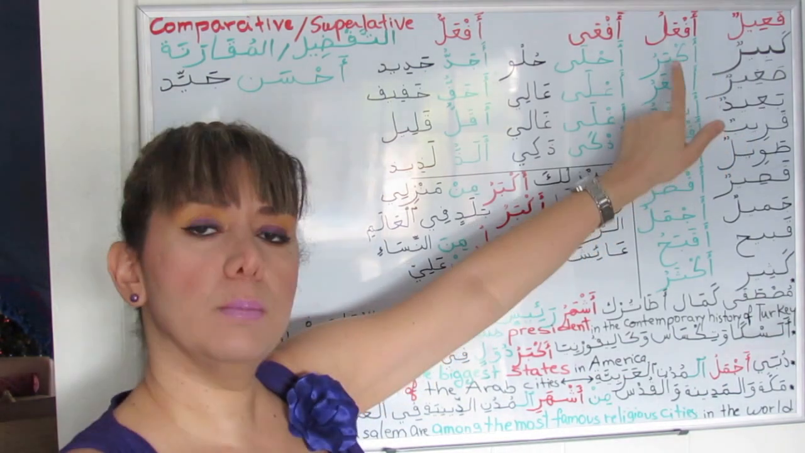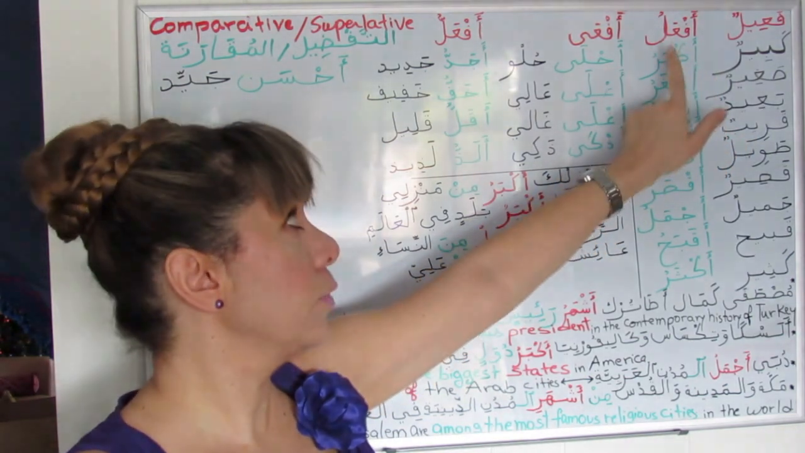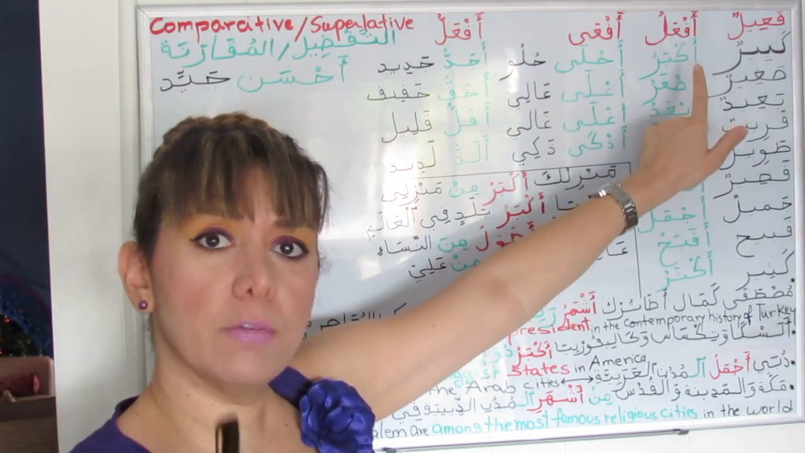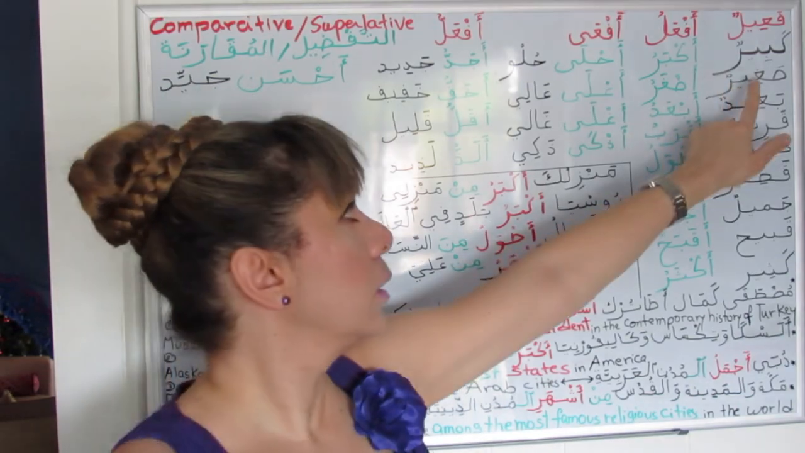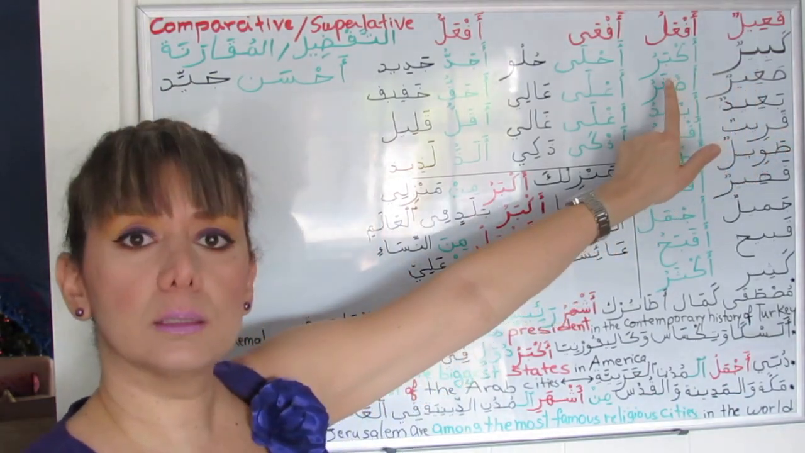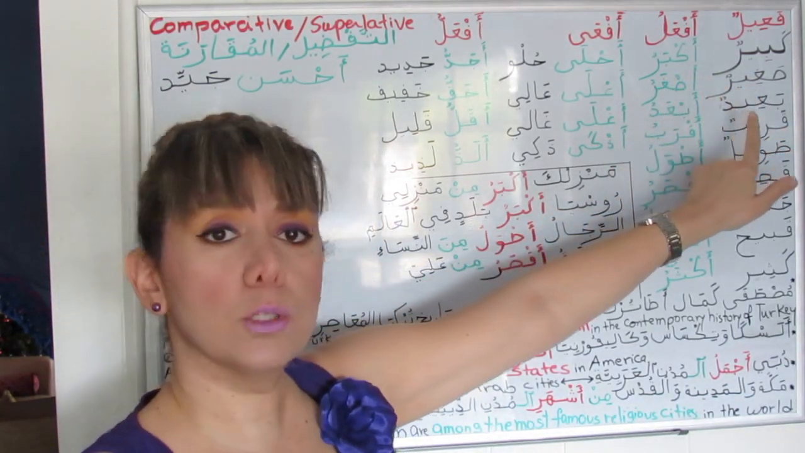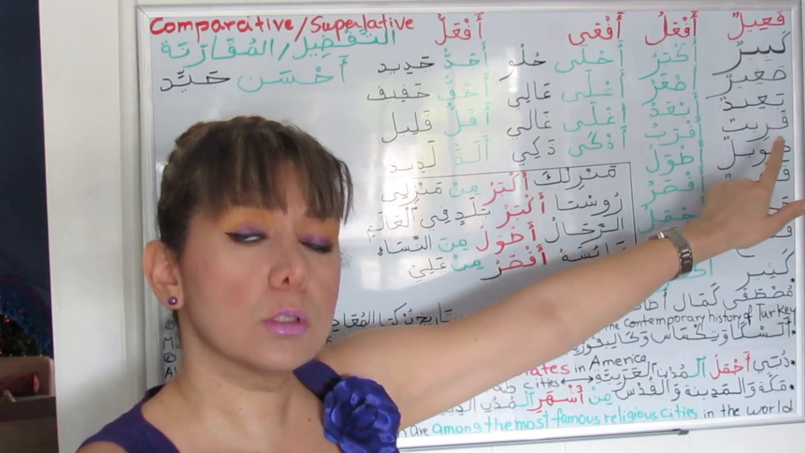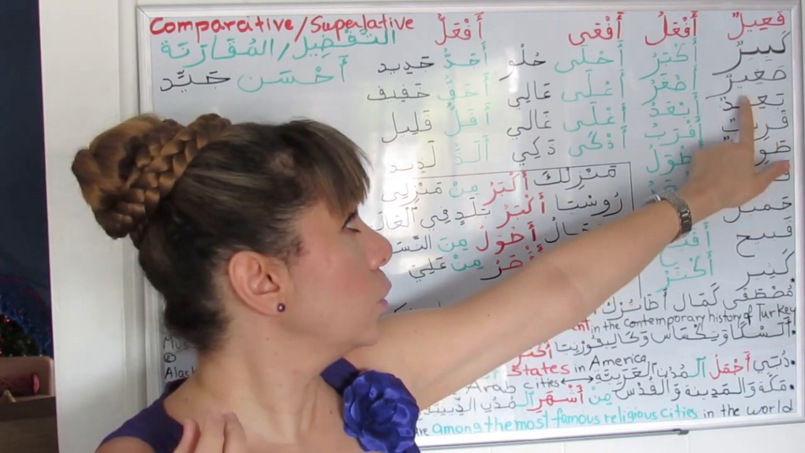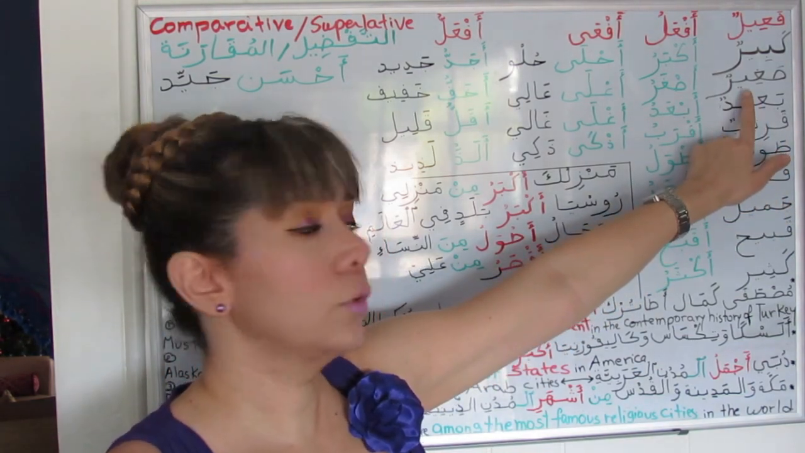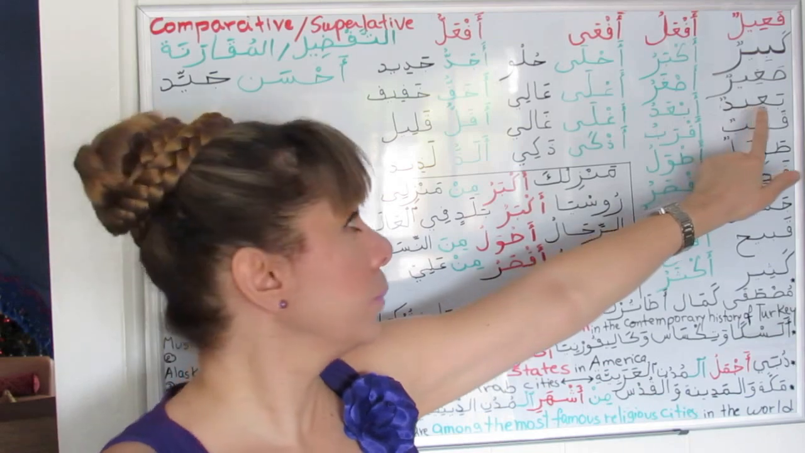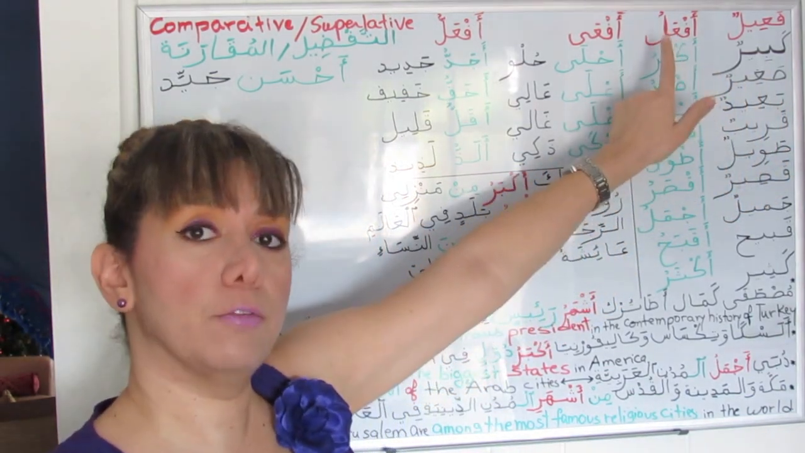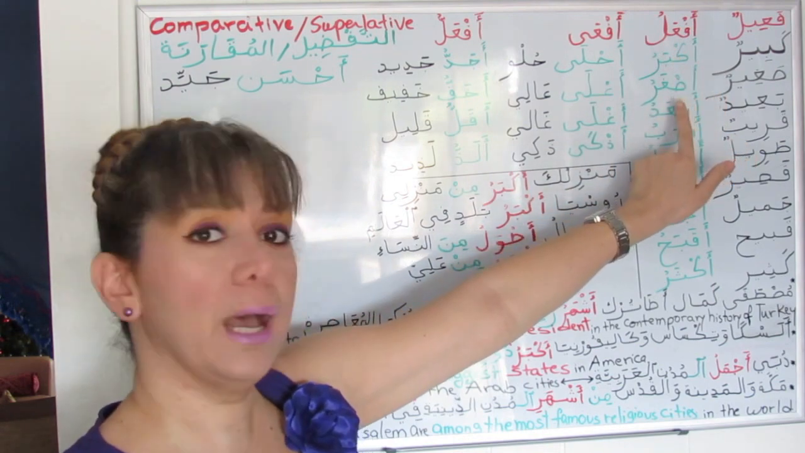We use the same elative adjective to form either superlative and comparative. صغير أصغر. Actually what we do, we extract the roots from the word. We get rid of the long vowel ياء. We have صاد غين راء and we follow the pattern أفعل. And then we have أصغر,